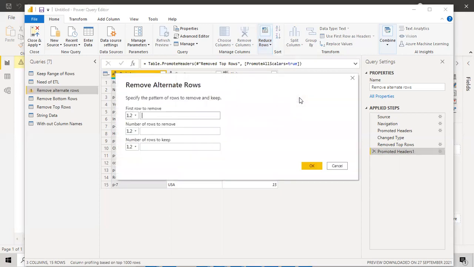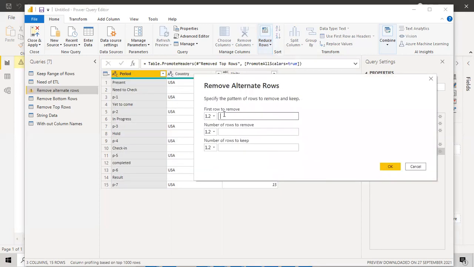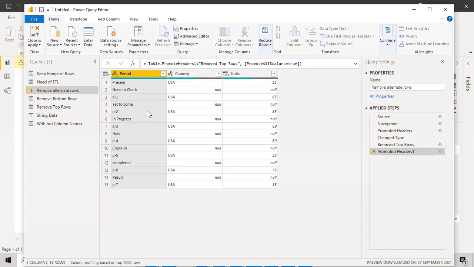And then I'll try to give you all the examples, like keep 4, and then remove 3, and then like, okay, I'll give 15, and then I'll do that. So Yet to come P2 and In progress will be removed. Okay, and then again I just remove this Hold. So we need to make it in 2 times.